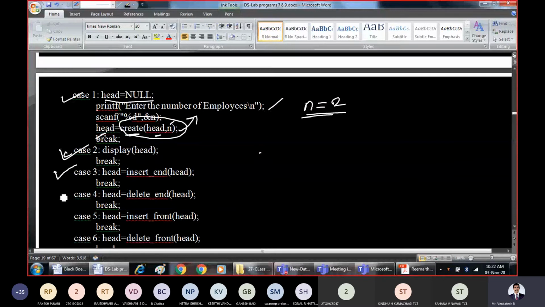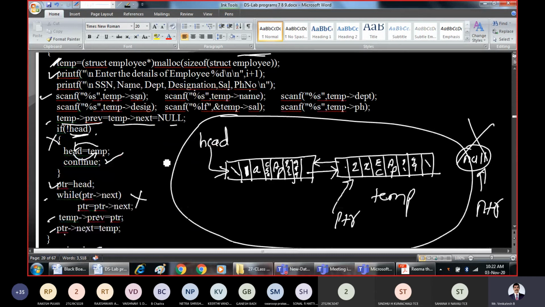So, insert end and delete end. Let us see insert end first. It means you have to insert at the right side. The present existing status of the nodes will be passed, then the new head node will be updated. Whatever outcome of the RHS is there will be assigned to the LHS. Let us go to the insert end function now.